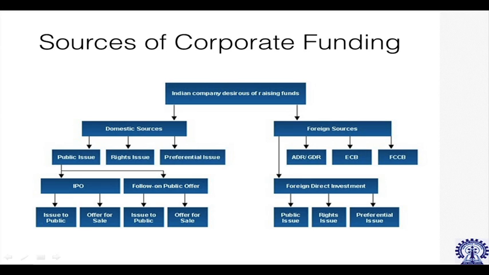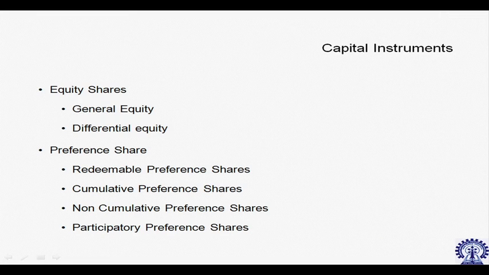Now, there can be ECB, that means external commercial borrowing. These are basically in the form of debt, or there can be FCCB, that means foreign currency convertible bonds. This is again a form of debt, wherein you basically want to raise not equity, but capital through the debt instrument. Now, let me take you to the next